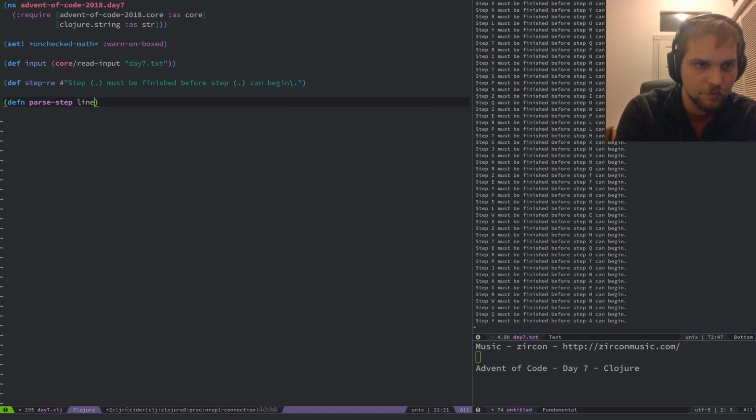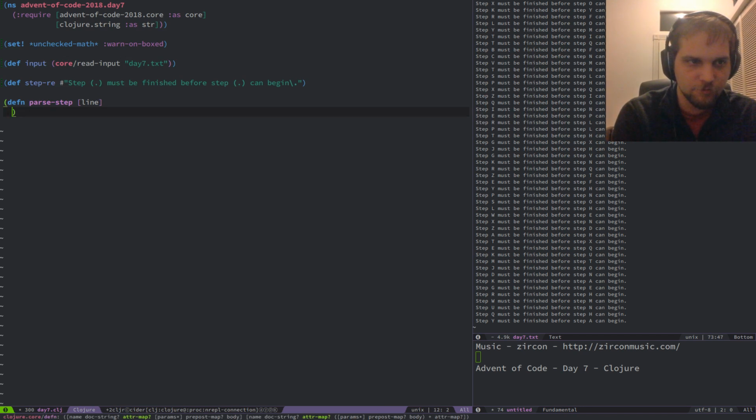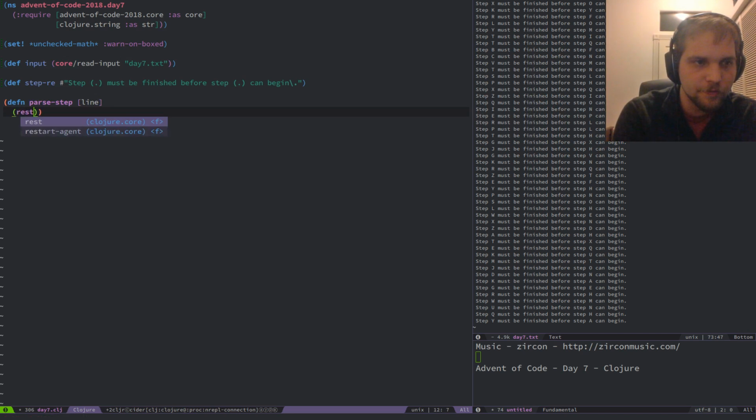We parse the line, step by step, rest of the matches, step line.